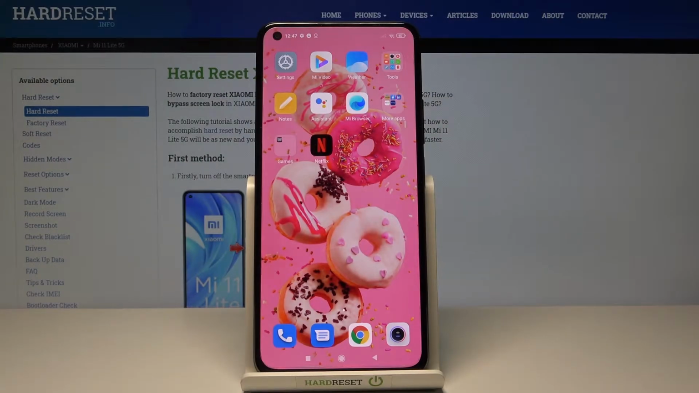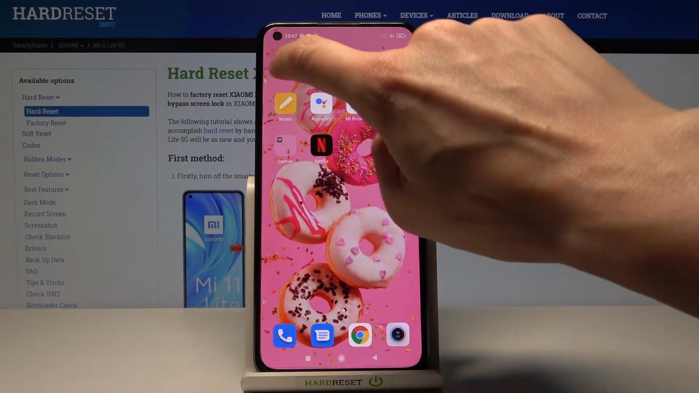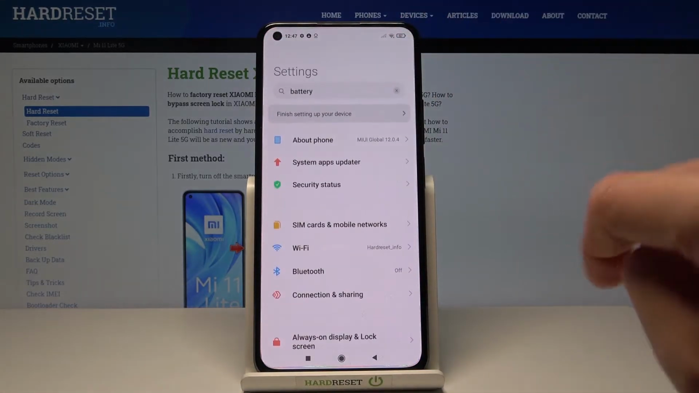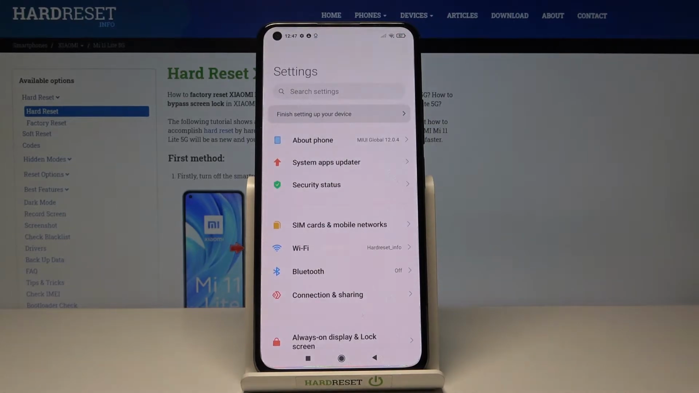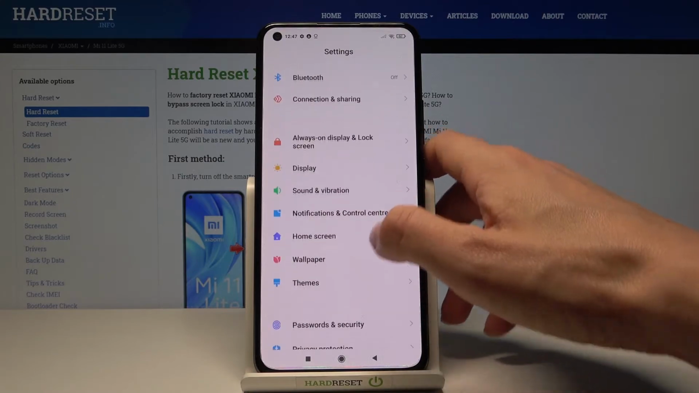Here we've got XIAOMI Mi 11 Lite 5G, and let me show you how to activate or deactivate battery percentage and status bar. So first of all, you need to reach settings, and then you can either enter battery in your search area, then you'll be provided with battery indicator tab, which needs to be tapped,